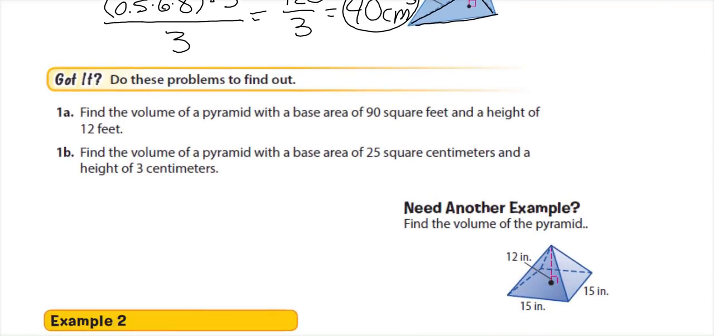All right, let's go ahead and take a look at this one. It says find the volume of a pyramid with a base area of 90 square feet and a height of 90. All right, so they already told us that it was